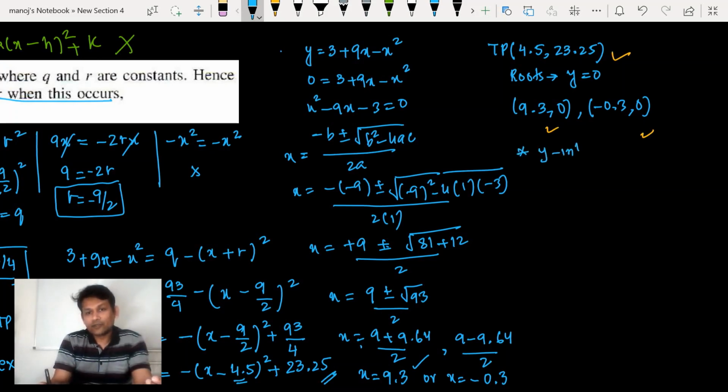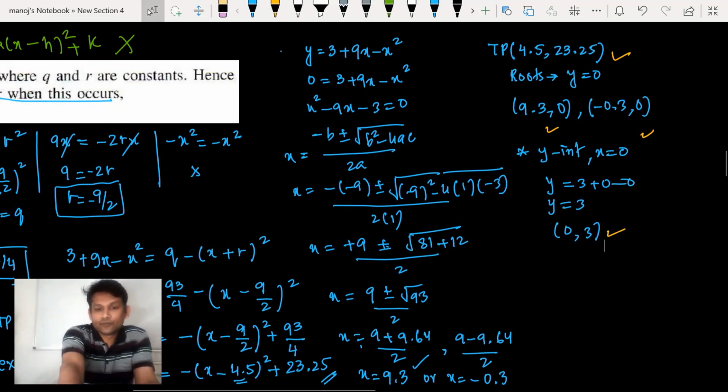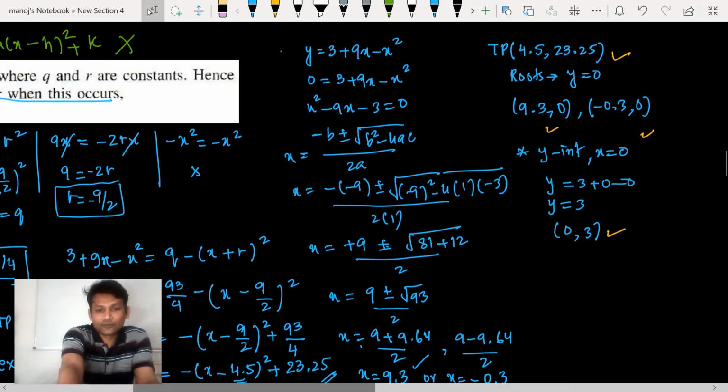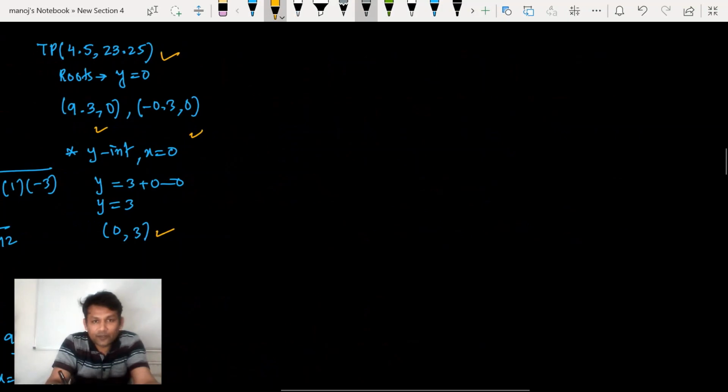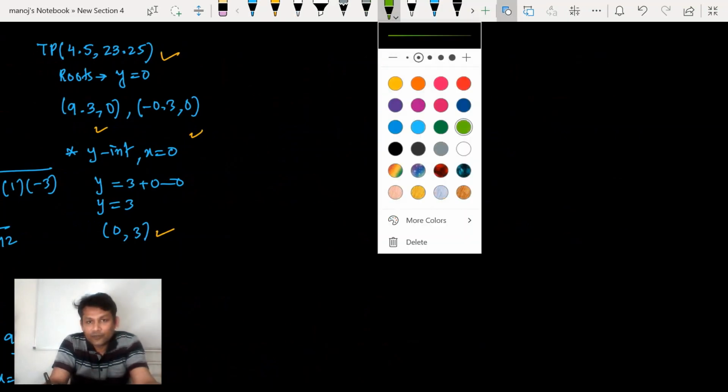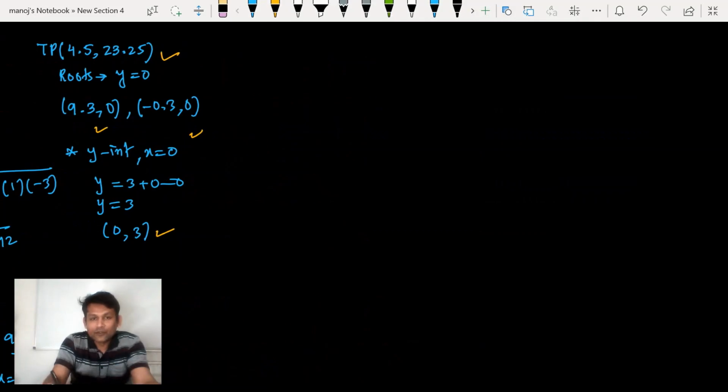Y-intercept. Y-intercept means x is equal to 0. When I write x equal to 0, y is equal to 3 plus 0 minus 0, so y is coming 3. So one coordinate is 0, 3, that is the y-intercept, and the domain is not given, so now we can draw the sketch. Okay, to draw the sketch, we need these coordinates, and like in the exam, not these types of questions, but at least from the book I'm doing this question. Okay, to draw the sketch,